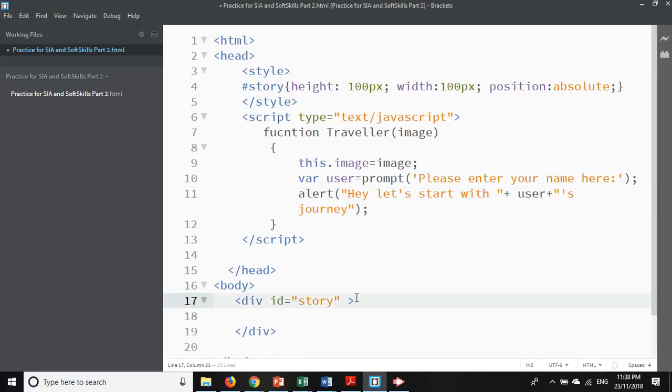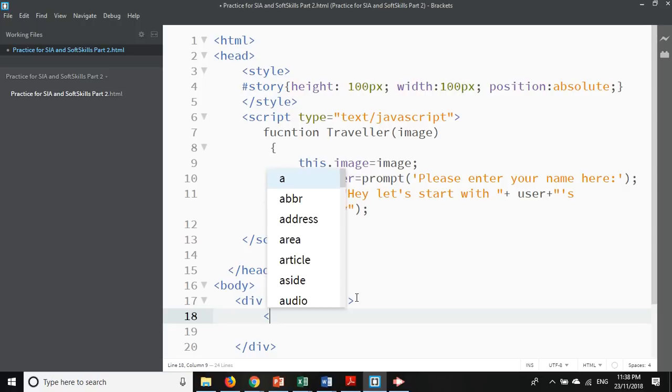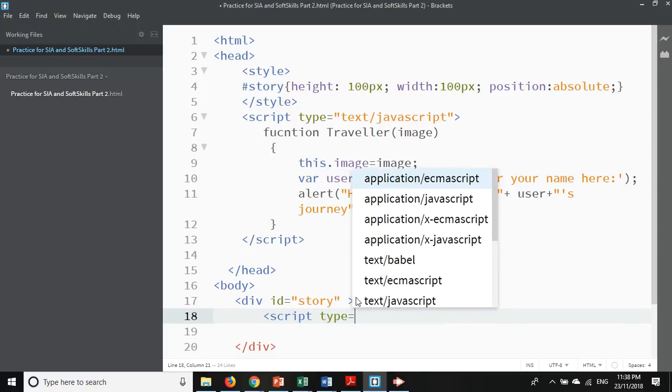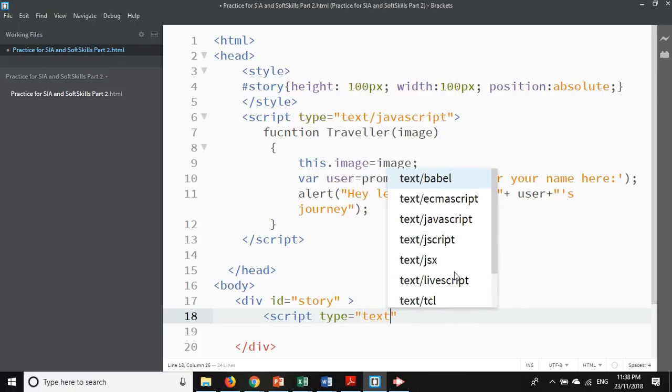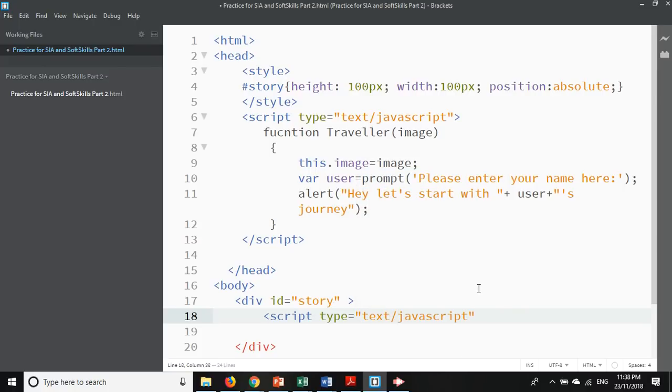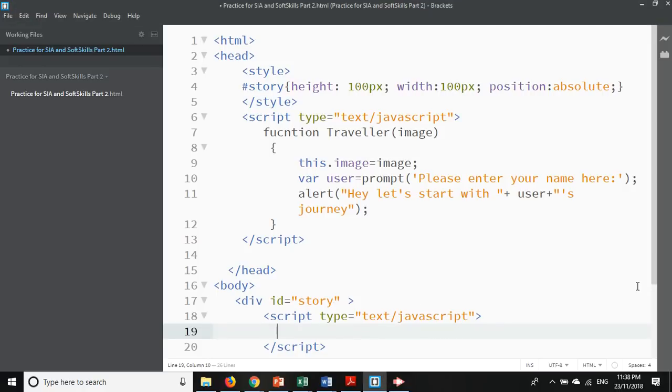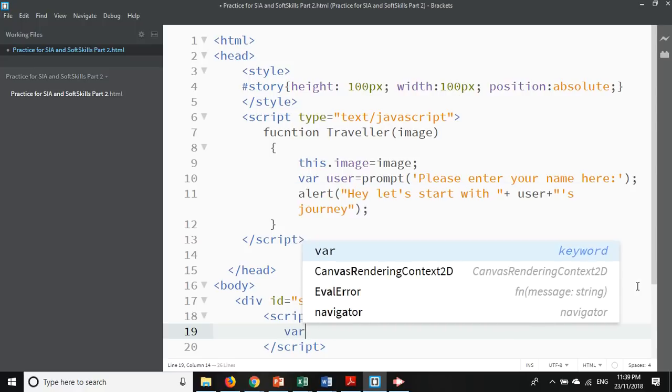So this time we will go to the div tag. We're going to create another script. Type is equal to quotation mark text/javascript, then close. What we're going to have here is an object instance, a creation of a new object instance. So we're going to declare var